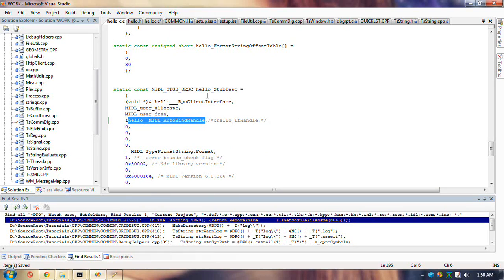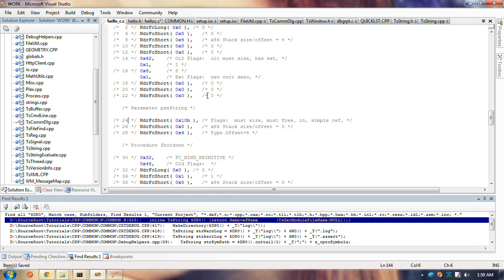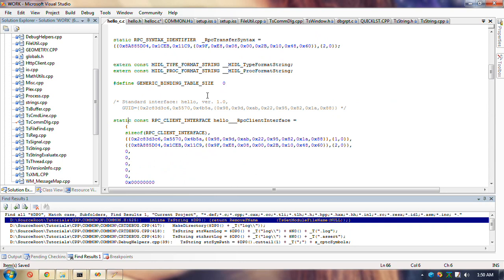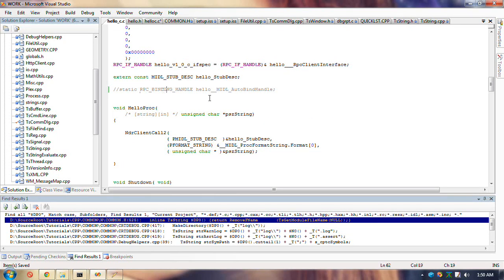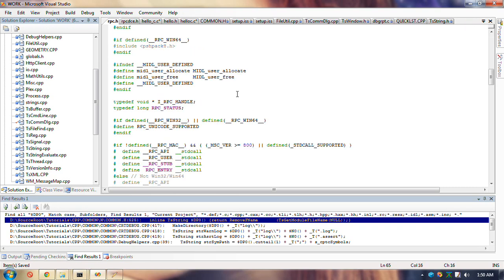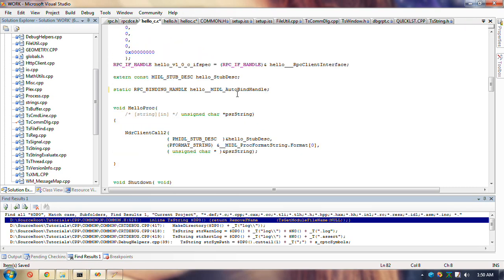Although you'll note that this is not declared as a handle type. It's declared as something else. An RPC binding handle, which is void stuff. Okay, same thing.